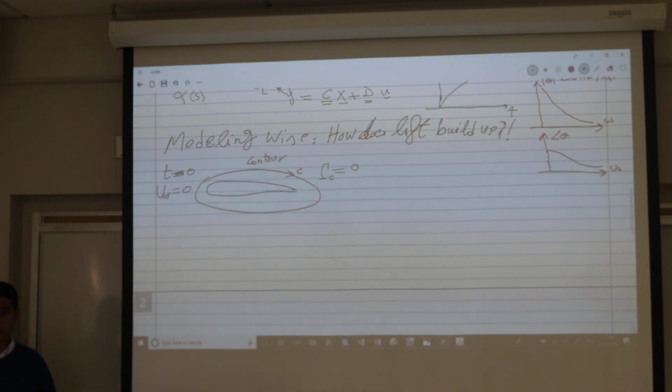And I will start the flow suddenly. So this is t equals 0 plus in the very first moment, and I have U infinity. So this is your airfoil, and here is my U infinity with some angle of attack, okay? t equals 0 plus is the very first moment, right after you start your flow, okay? The flow